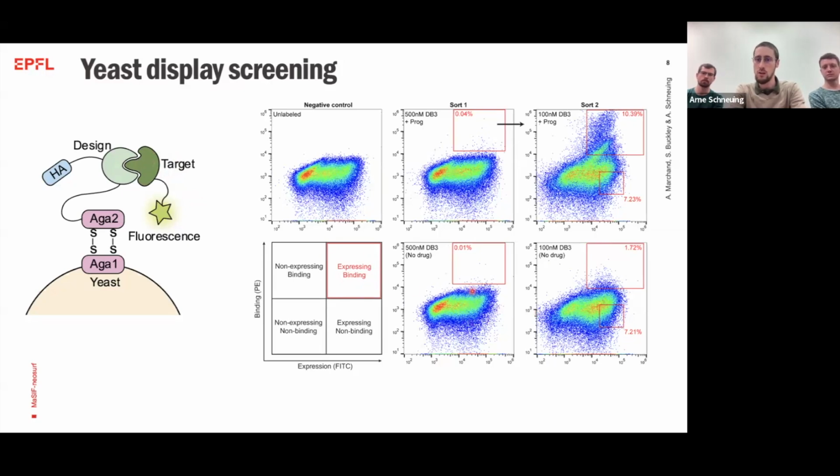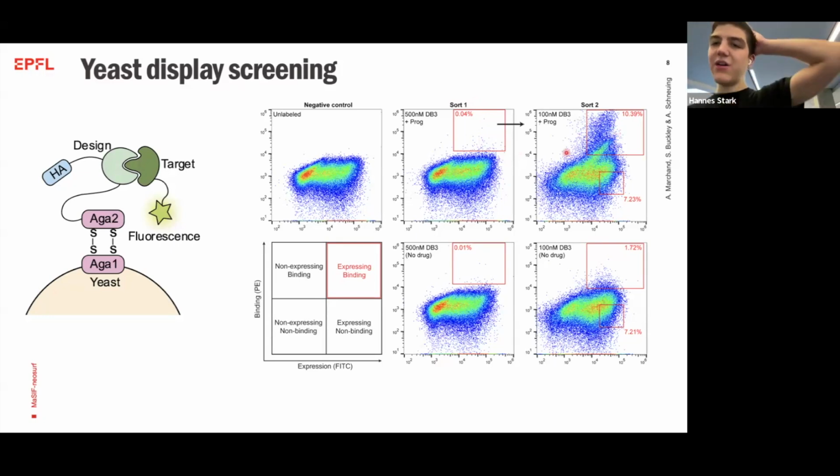So you do have yeast that express the design but do not bind, because you cannot get 100% success rate in your design process. So there will be lots of designs that do not bind. And then you get a few which are expressing and binding. In the first sort, usually you do not get a lot of binding signal because it depends on the success rate, of course. But what you do, you put the gates, and then you sort the yeast that express the good designs, and you sort out in the waste the yeast that do not express the good designs. And then you do a second mode